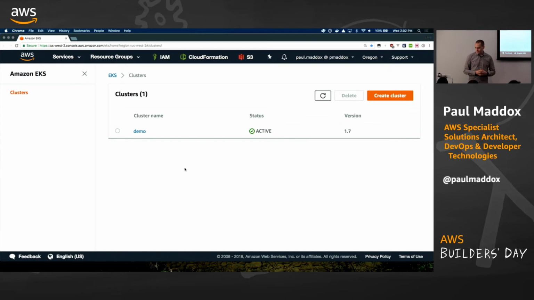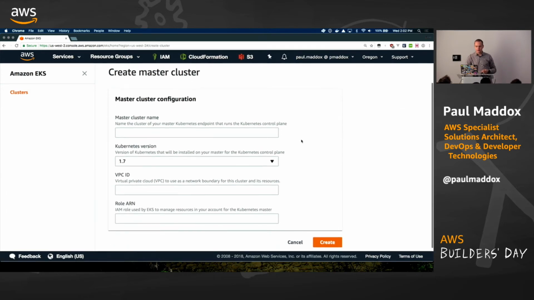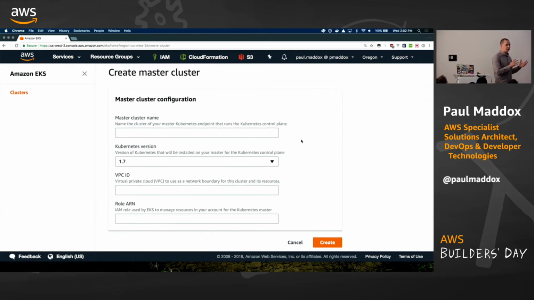So this is the AWS Console for EKS. You can see I've got one cluster deployed, my demo cluster. When you join the preview today, you get given two resources. You get given a CloudFormation template that spins up the VPC and surrounding ancillary architecture for Kubernetes on AWS, and you get one that spins up worker nodes. Currently today, when I create a cluster, those bits aren't automated for me. So I need to spin up those CloudFormation templates in my AWS account and create that VPC and IAM roles and stuff. So if I just go into CloudFormation,